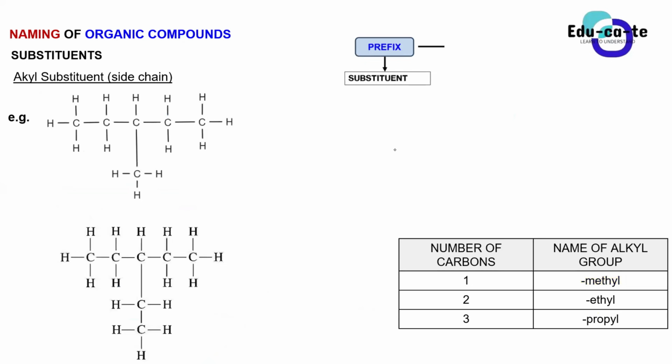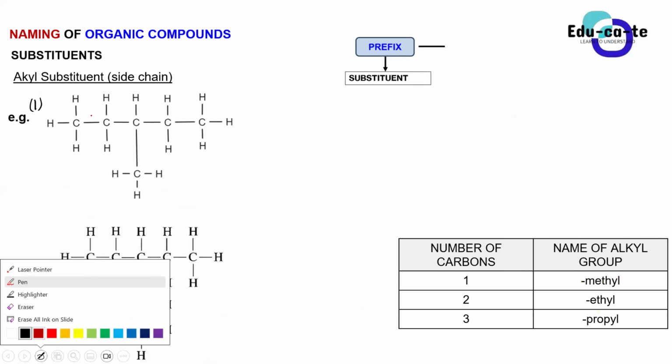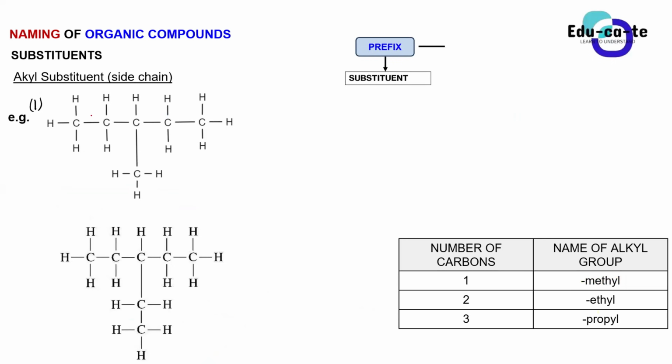Let's highlight first the parent chain. You guys can see that this is our parent chain, and this parent chain has 1, 2, 3, 4, 5 carbons. If you try to highlight this one, guys, you see the one that I've highlighted in red, right? Let me highlight this one and say that let's take our parent chain from this carbon and go all the way to this carbon. Is this the parent chain, guys? The blue one, if you highlight from this carbon at the bottom to this carbon, to this carbon, to this carbon, would you say that this is the parent chain, guys?